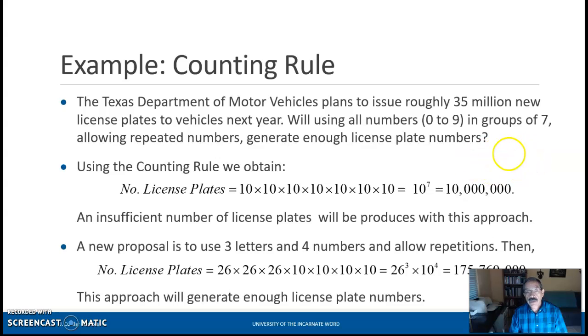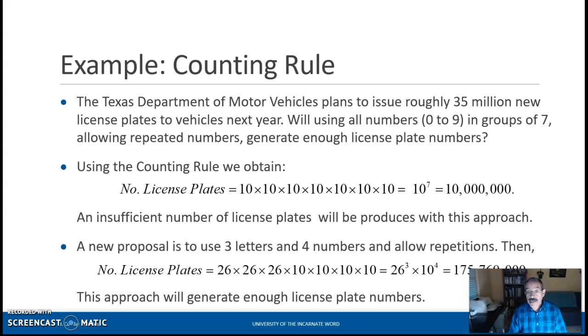This is not producing enough to satisfy the demand of 35 million new license plates. So a new proposal is to use 3 letters and 4 numbers and allow repetition. In this case, again, we have a 7-step process, where in the first step we have 26 letters to select from. In the second step, we have 26 letters to select from. In the third step, the same 26 letters to select from. The next step, now we have 10 numbers to select from, and so on until we complete the 7 digits